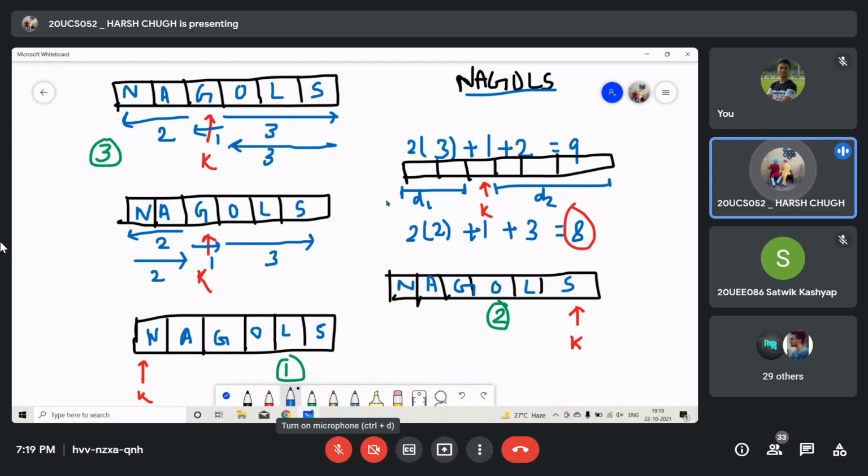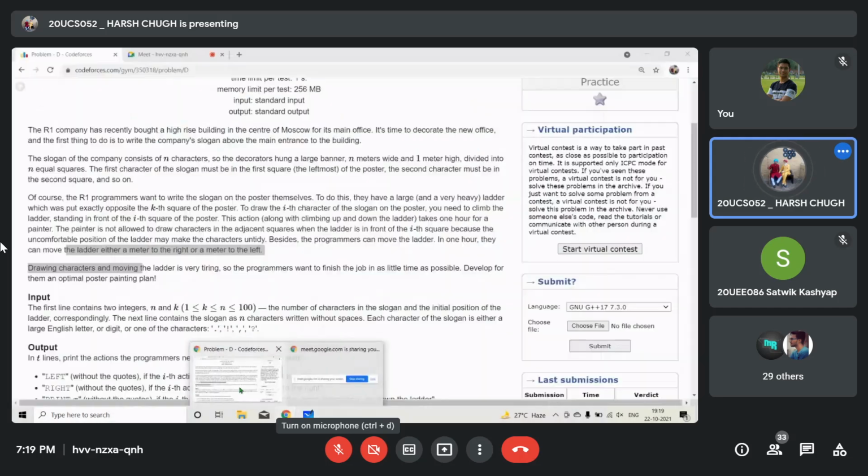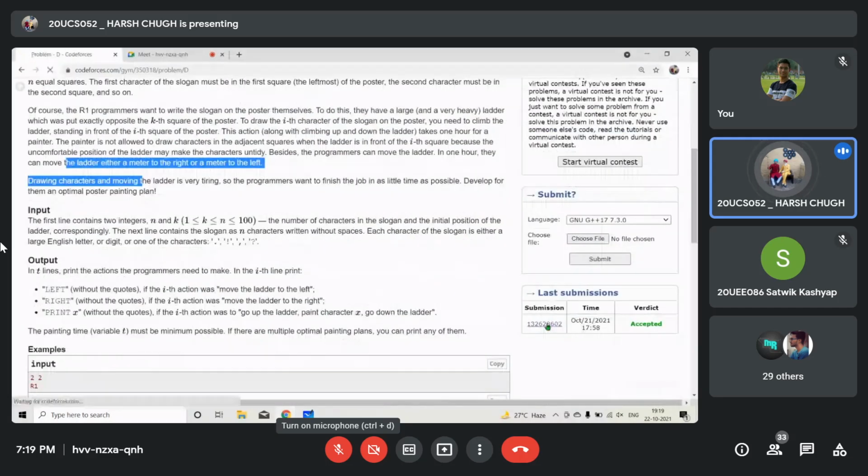So if d1 is minimum, we will move left and we will come back and then again go right to cover this part. If d2 is less than d1, then we will cover this part first and then we will come back and then cover this part. Okay, so these 3 cases you can divide in your mind, and now we can see the code. This was the logic of this problem. So let's see the code for this problem.